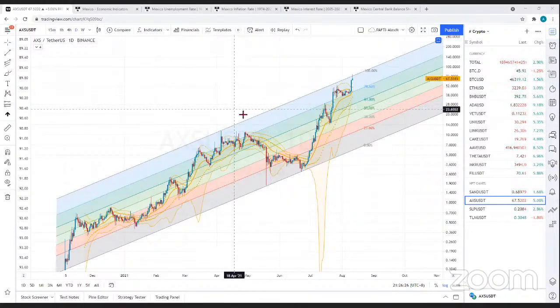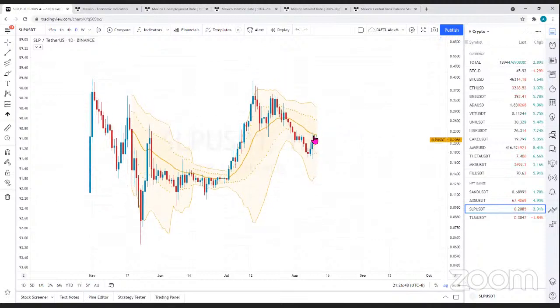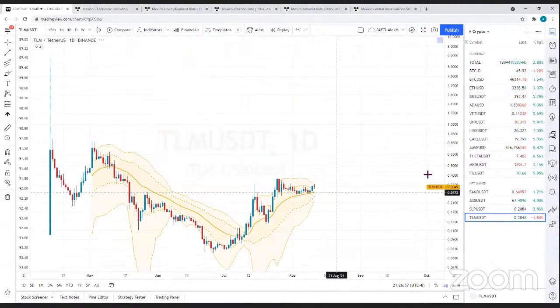Pero makikita ninyo, malinis yung mga Bollinger na tinuro namin sa inyo. Okay, ayan, tinuro ni Coach sa inyo ngayon. Ito, range, pullback. Okay? So, ibang crypto. Itong SLP. You really want to buy SLP right now? I do not think so. Nagtatrend. So, antayin ninyo muna magkaroon ng trend up bago mag-buy. Okay? Ito, crypto,